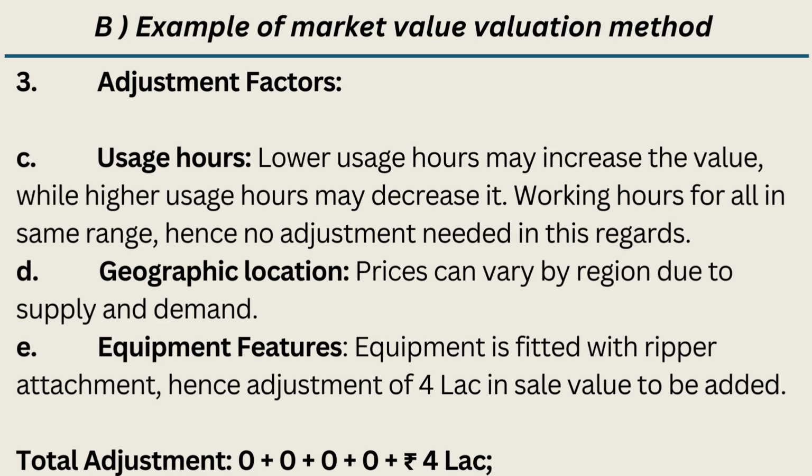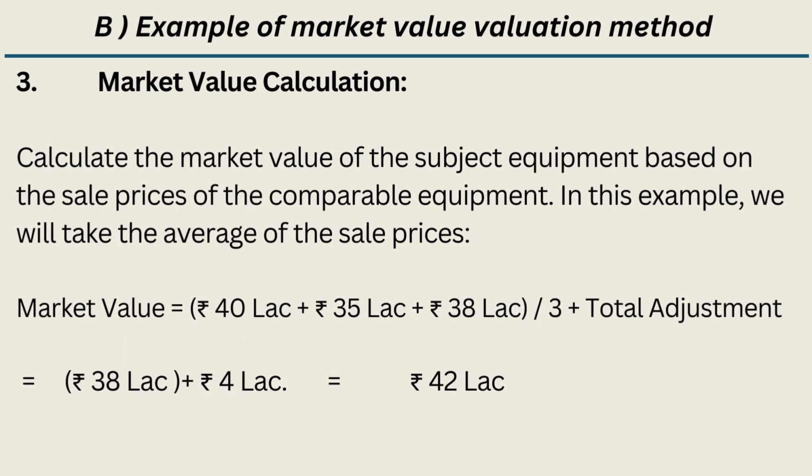Equipment features: the equipment is fitted with a ripper attachment, hence an adjustment of 4 lakh in sale value is to be added. Total adjustment equals 0 plus 0 plus 0 plus 0 plus 4 Indian rupees lakh, equals 4 Indian rupees lakh. 3. Market value calculation. Calculate the market value of the subject equipment based on the sale prices of the comparable